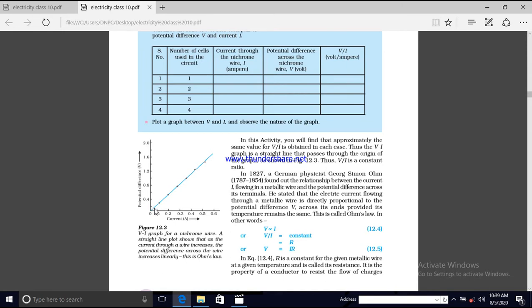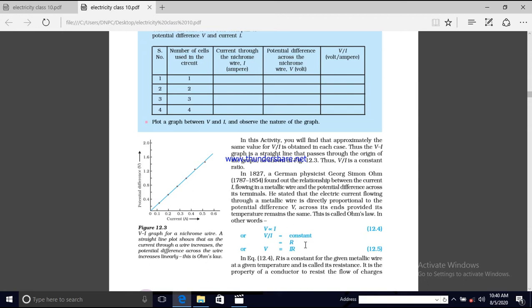As you increase the number of cells, the potential difference is increasing, and the current in the circuit is also increasing. So when you connect all these points, if you draw a line from the origin, you will get a straight line. What does that straight line represent? That straight line represents the ratio V over I. That is, V over I is a constant, and that constant is known as the resistance